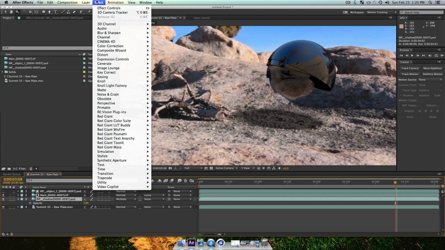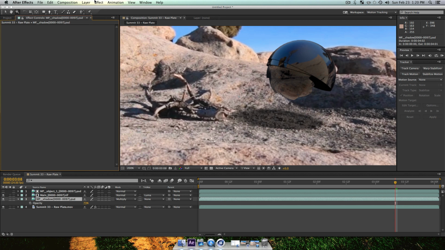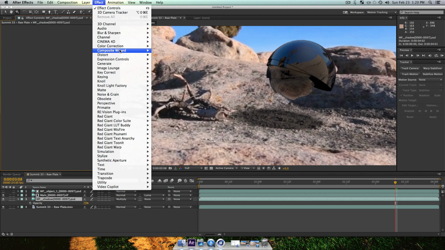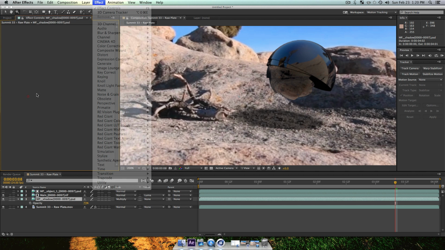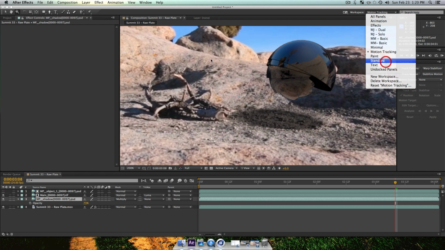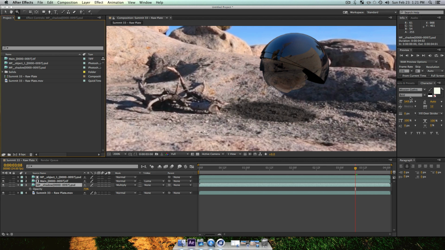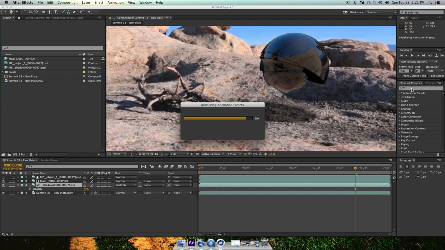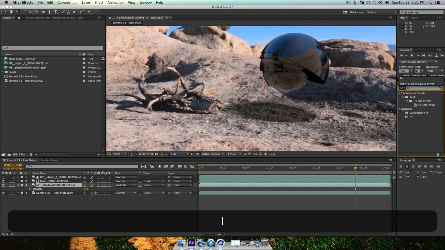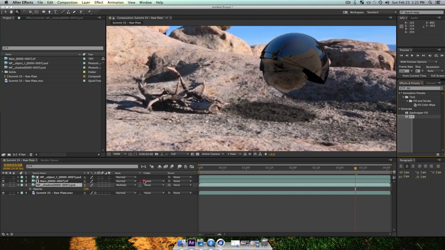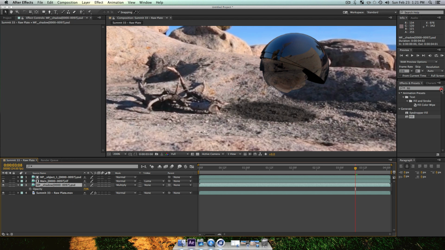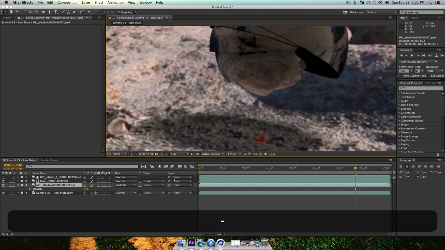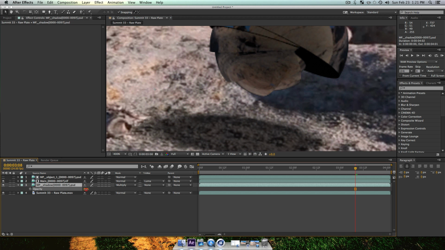effect, and go down to, what did I want? I wanted a fill. That would be under our, here, let me change this real quick, my setting, change it to standard just for a second, and effects and presets, I want a fill, so I'm just going to type in fill and drag, oh it's under generate, I forgot where it was, and I'm just going to drag my fill color onto my shadow here. Actually that's not going to work. What did I do before? I'm kind of blanking on what I did actually. I matched the shadow color, but whatever, I'm just going to leave it. And just pretend it's perfect.